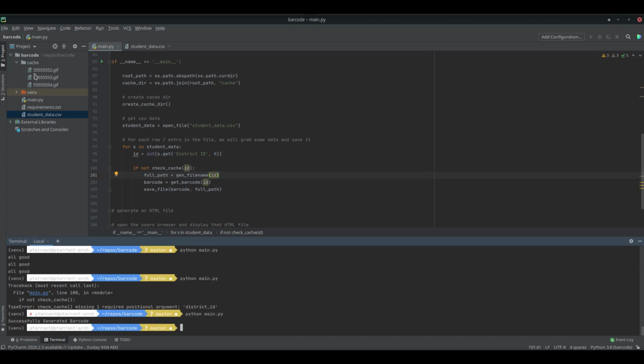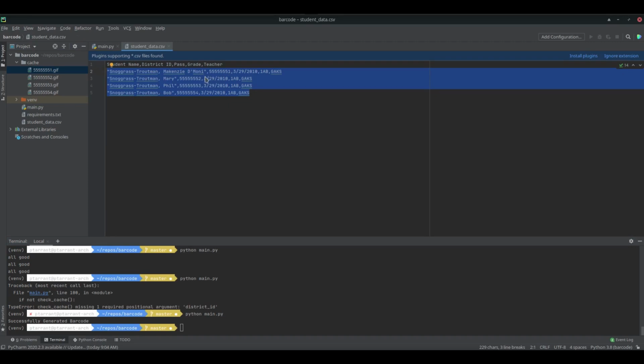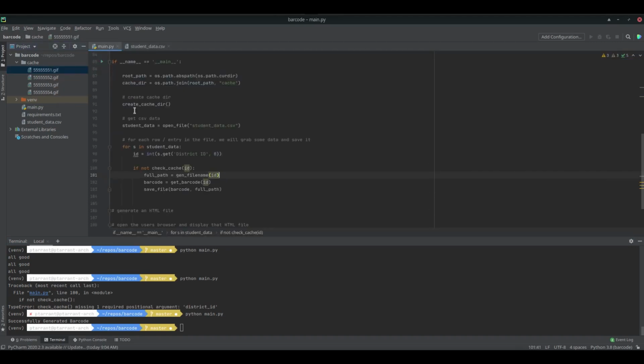And so it generated one barcode, which was the first one up here, right? Because our student data is 1, 2, 3, 4, and now over here we have 1, 2, 3, 4, as we should. And it did skip the header because a CSV,